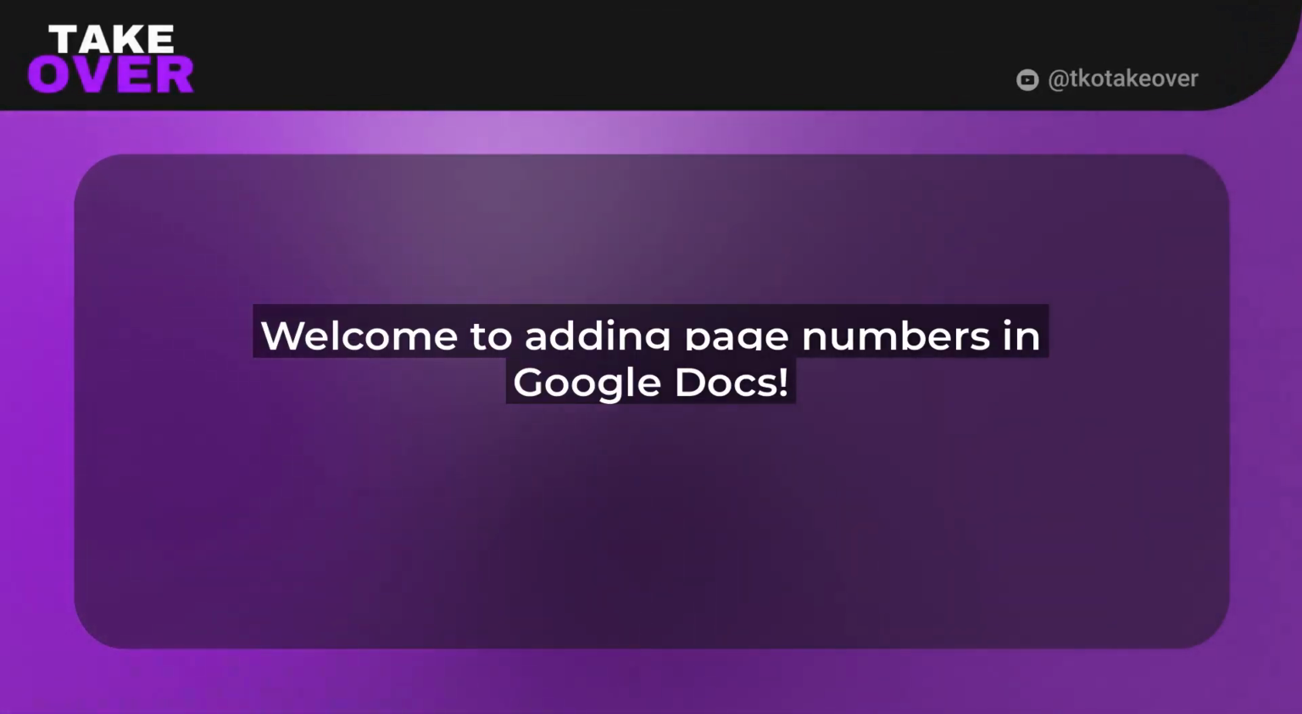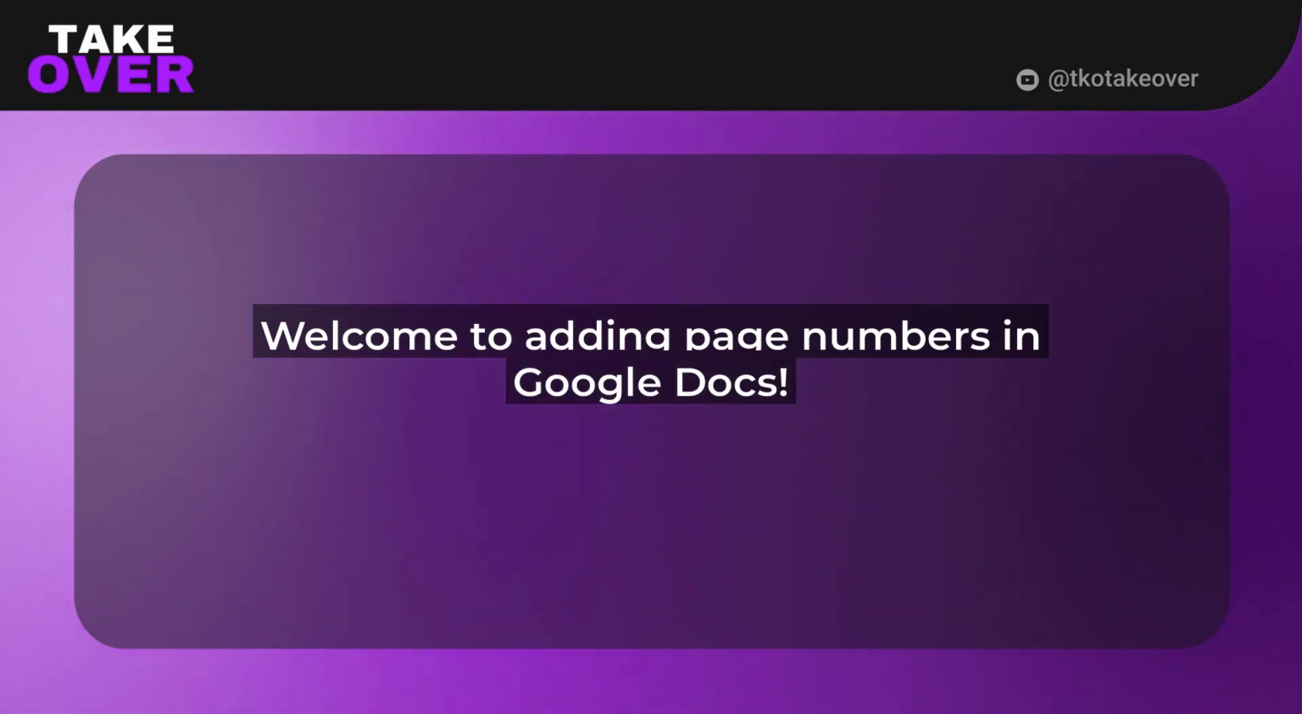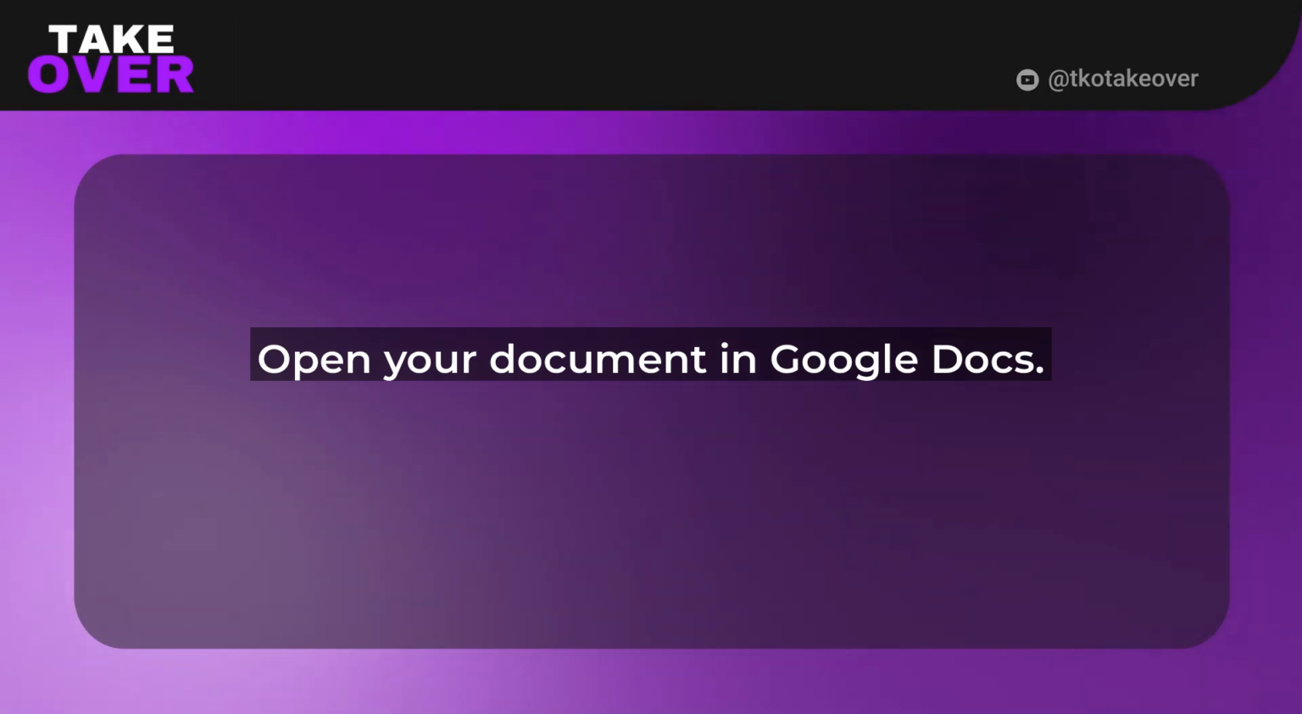Today, we're diving into a super handy tutorial. How to add page numbers in Google Docs, 2025. Whether you're a student working on a thesis, a professional polishing a report, or just someone organizing documents, page numbers can make your work look more professional and easier to navigate. This feature hasn't changed much, but we'll cover the latest tips for 2025 to ensure you're up to speed. Stick around because by the end of this video, you'll be adding page numbers like a pro in just a